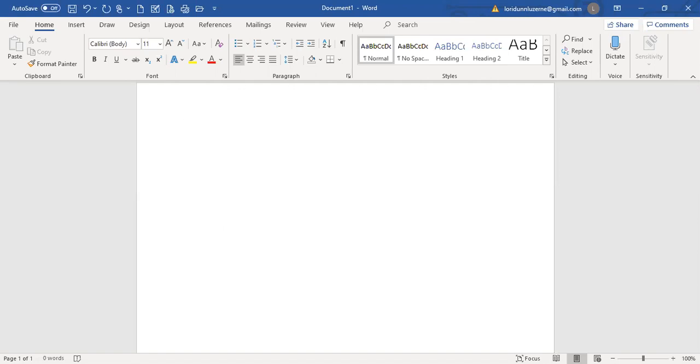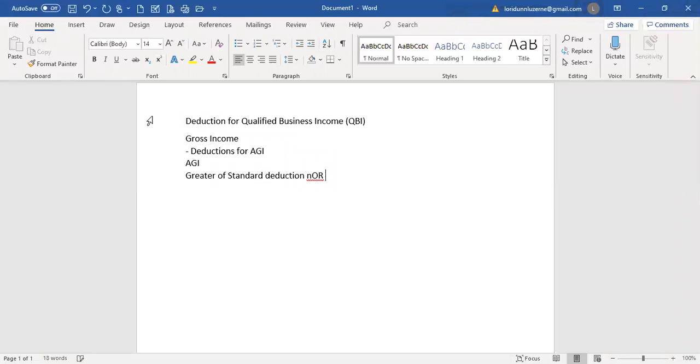Now the deduction, make sure we make that a little bit bigger. The deduction for qualified business income, or what we call QBI for short. In accounting, we have tons of acronyms. This is something very new, and it came out in 2018. And if you think back to our tax formula, we took gross income minus deductions for AGI. That gave us AGI. We then deducted the greater of standard deduction or